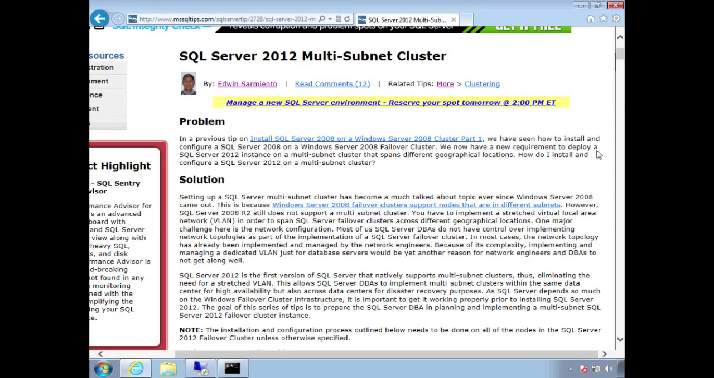This is the second demo that accompanies the lesson on failover clustering fundamentals. In this demo, I'm going to show you how you can provision a SQL Server 2012 multi-subnet cluster, or commonly known as geographically dispersed clusters. This demo is based on an article that I wrote on mssqltips.com last year on how to work with SQL